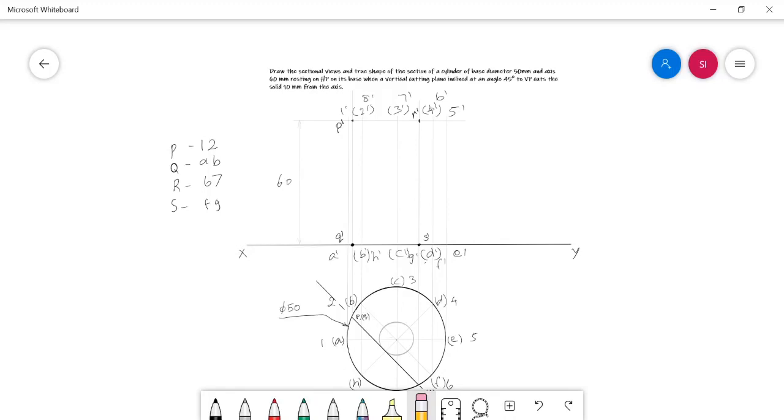But here you can see one thing: the cut points obtained in this cylinder are only in the face and base. Whenever you want to connect a cut point within face or within base, or face to base or base to face, you need to connect it with a straight line. And if two cut points are in the side generators, strictly you need to connect them with a smooth curve. But in this problem, the cut points are obtained in face and base only, so these cut points should be connected with the straight line.